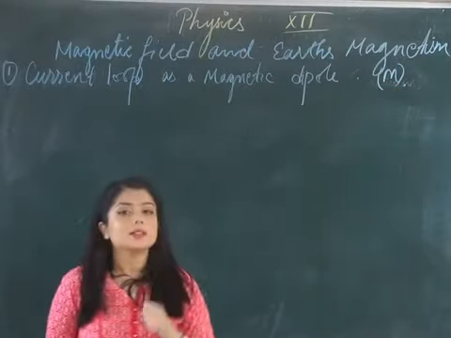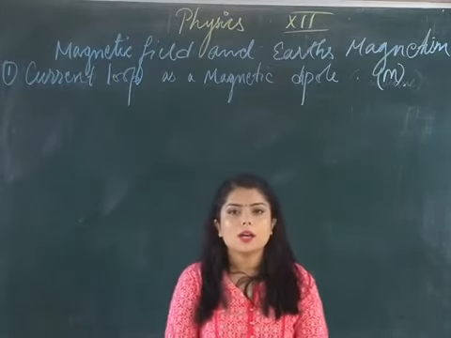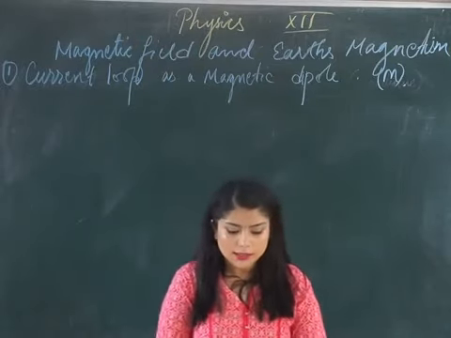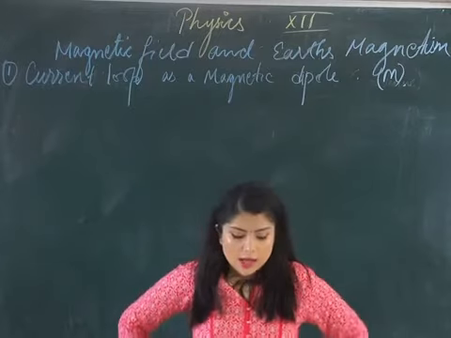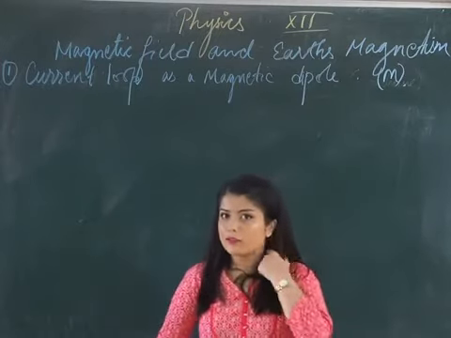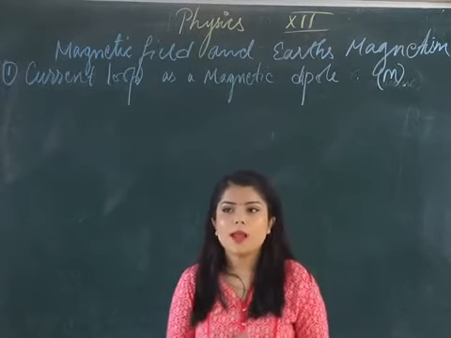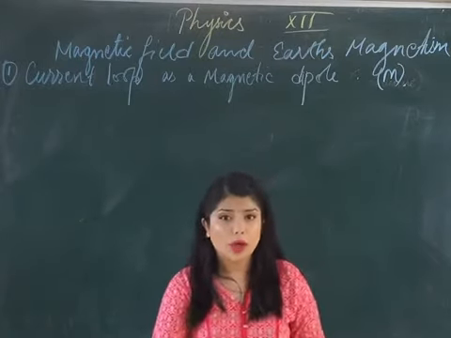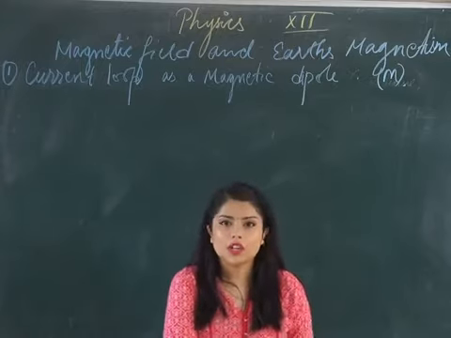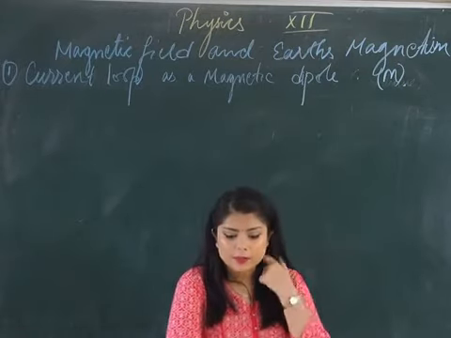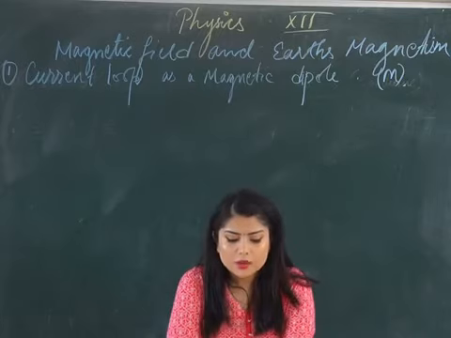You have already studied about electric dipole. In this class we will be discussing about magnetic dipole. So for that, first of all, we need to study about current loop. And when there is current flowing in the wire, we know that what is generated is magnetic field, that we have studied again and again.